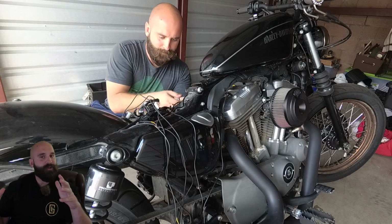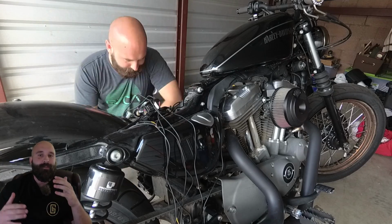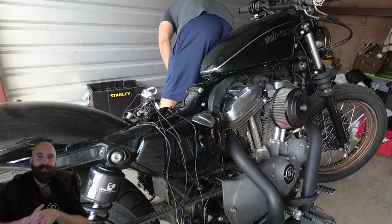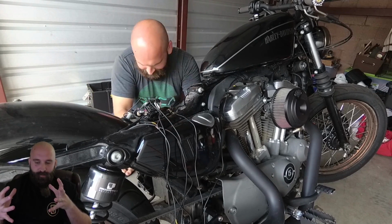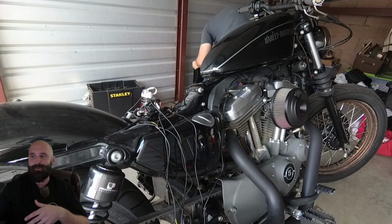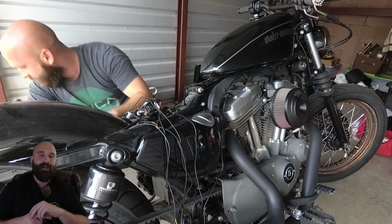So now for a little bit of extra stuff, a few extra tidbits. This was all stuff that came after the fact, during the install, towards the end, and I messed up big time. I messed up right at the end of the install, and I had everything hooked up, and it wouldn't work. It would work, and all of a sudden it stopped working. I blew a fuse. It was such a pain in the ass. And so I finally